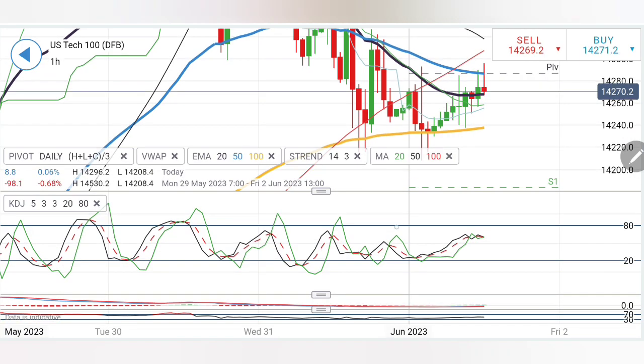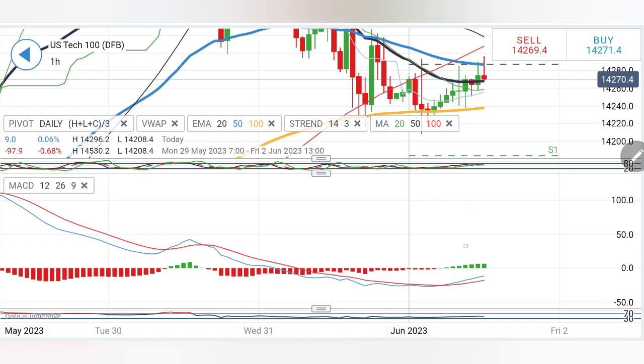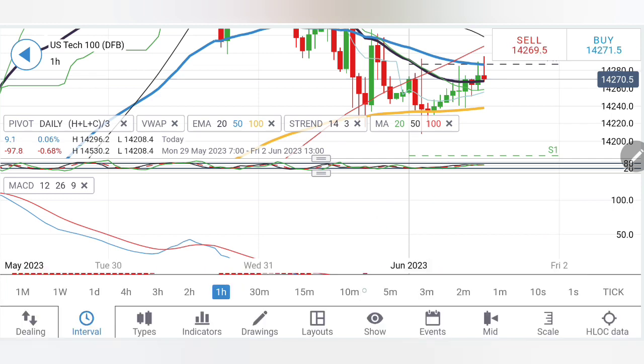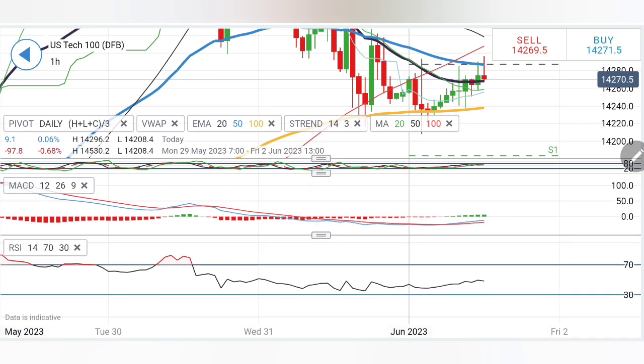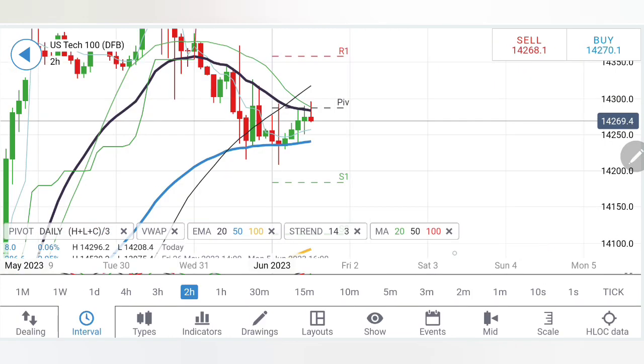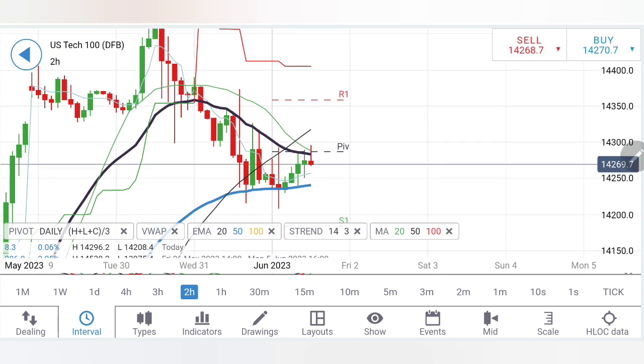Now, see the stochastic almost near the top. The MACD has crossed over, trading with little divergence, and see this crossover is happening after a good drop, and hence it can continue with a little rise. RSI is almost flat, and if you look at the 2-hour charts, similar is the observation on the 2-hour chart. See lower lows, a reversal sign, and then almost a double top here, and hence beyond 14,300 you can expect 330, 350 levels as the next resistance, and only if it stays above 14,350, further reversal and rise can be